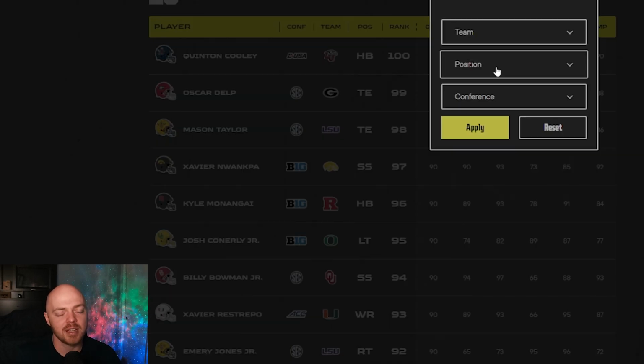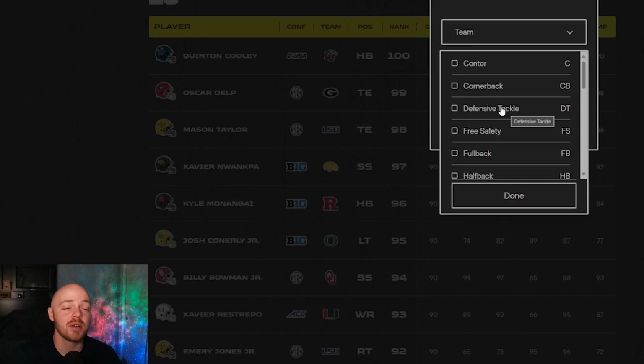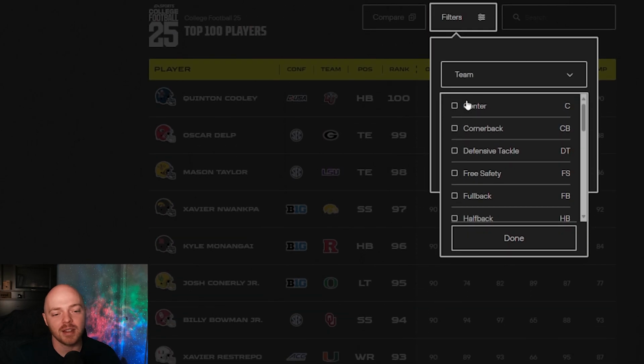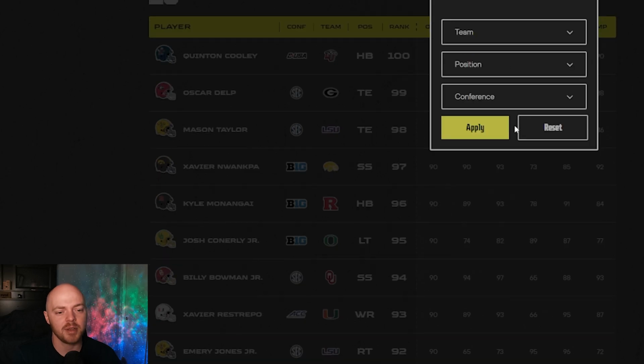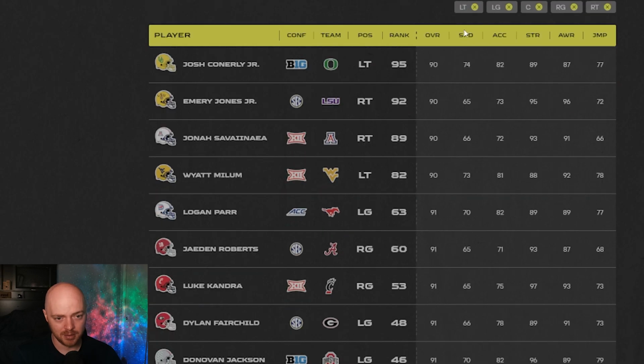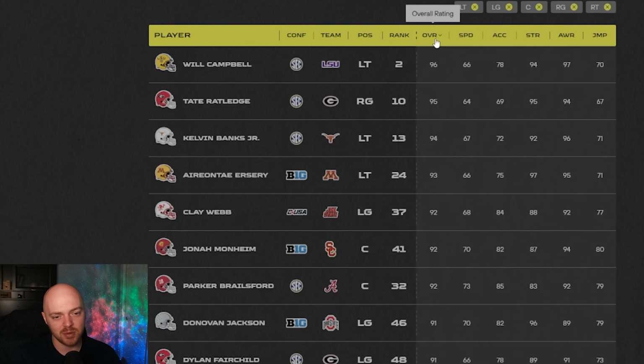Let's go to the filters and sort it out. The first position we're going to do is the offensive linemen. All right, so here we go. Let's make sure I got them all here. Left tackle, left guard, right tackle, center. All right, cool. So we got them all right here. Let's go ahead and sort. So the highest overall lineman is Will Campbell from LSU, number 2 ranked player in the game, actually, at 96